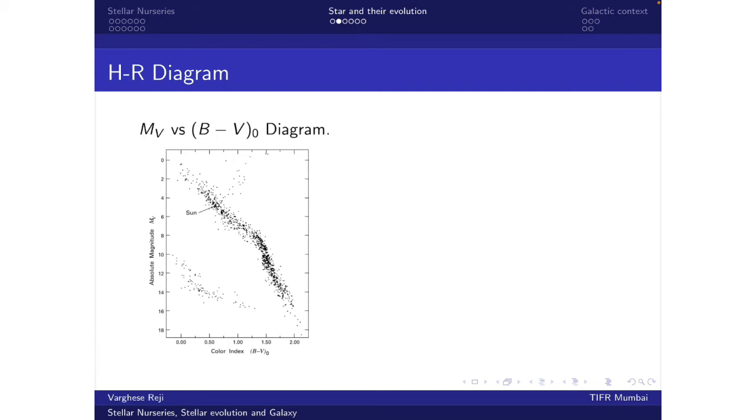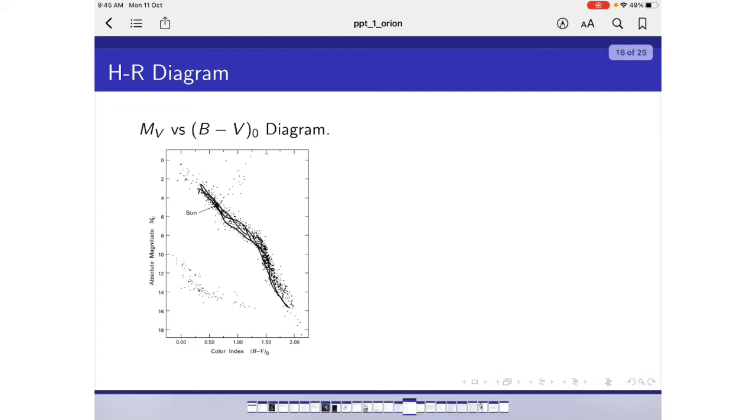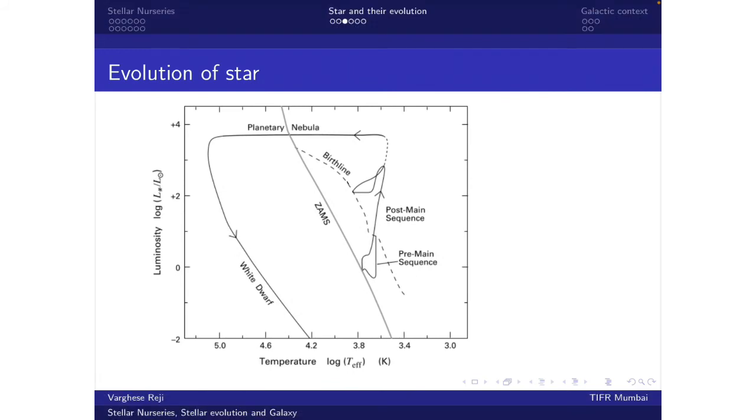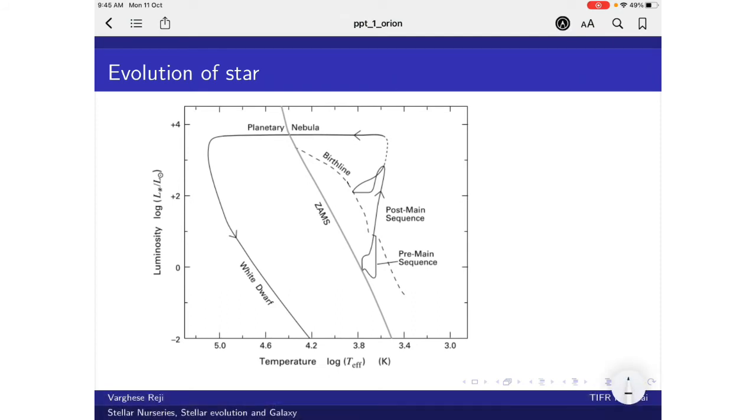So this is the region of the main sequence. Main sequence stars are seen in this region. This is the position of our sun. So now let's look at the evolution of a star. So in the pre-main sequence, that means after the birth, the stars are born in this region. That means the